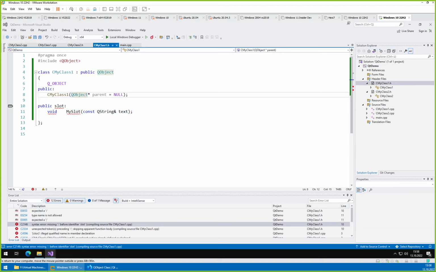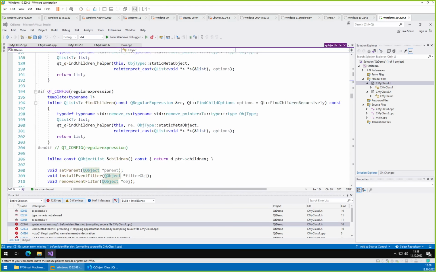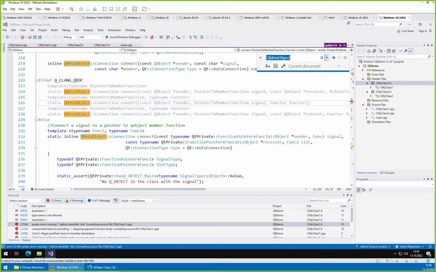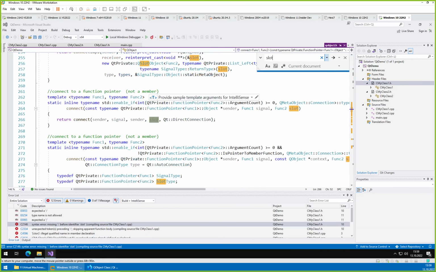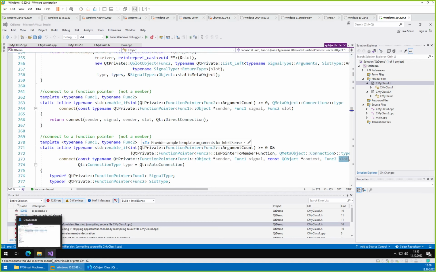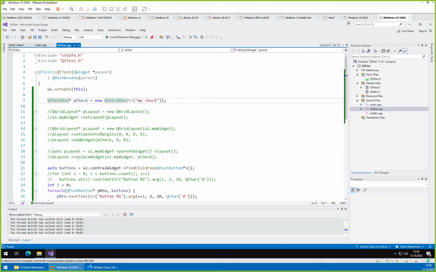Interesting. That should normally work. If you look into the Qt objects, they often use this slots. But this one probably not so often, because it's the main object. If we go into the other class here, into our